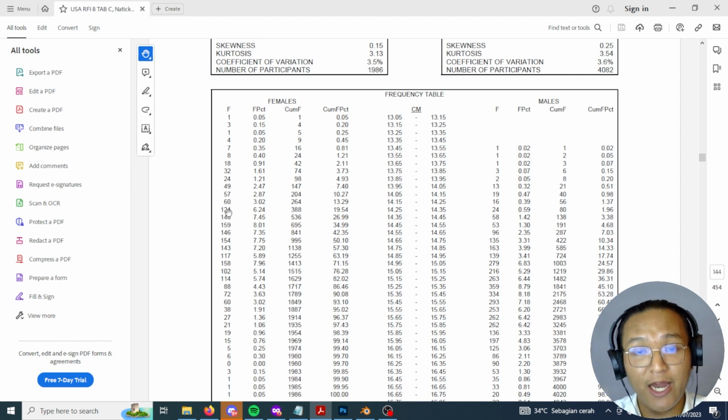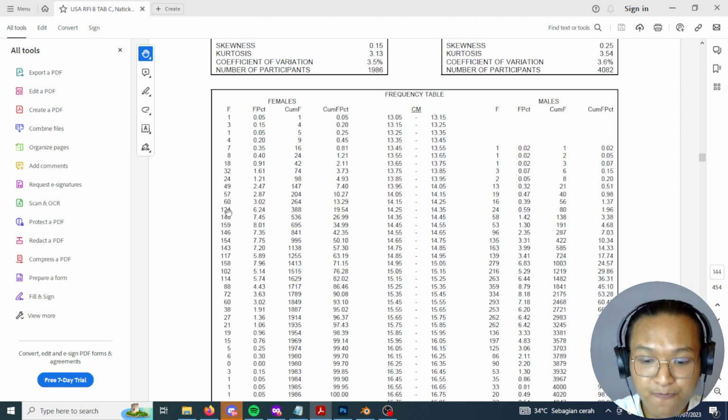So that's getting higher and higher before it gets lower again around this bit. I would say it's around 15.45 centimeters right here. So the most abundant frequency lies on this bit, with 159 frequency, and that is going to be